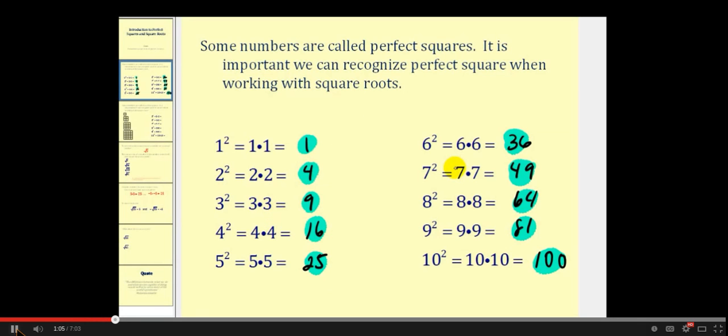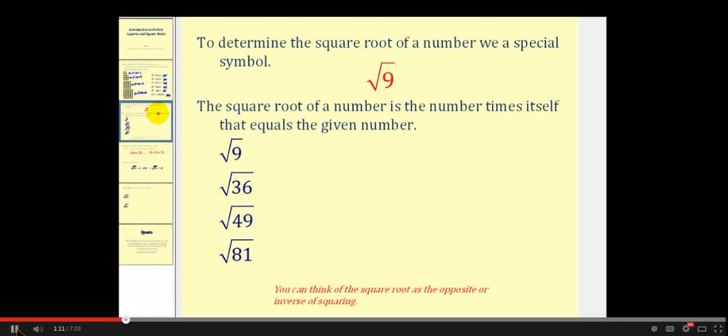So now that you have a feel for perfect squares, let's go ahead and talk about square roots. To determine the square root of a number, we have a special symbol as we see here. This is the square root of 9. The square root of a number is the number times itself that equals the given number. What that means is, to determine the square root of 9, we need to determine what number times itself would